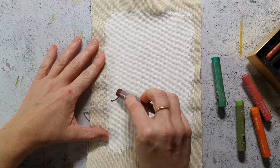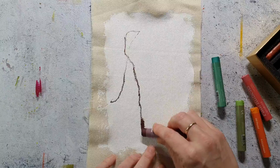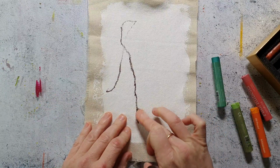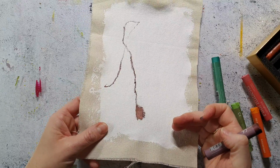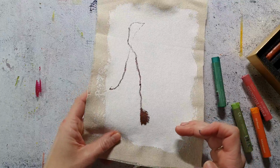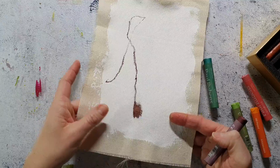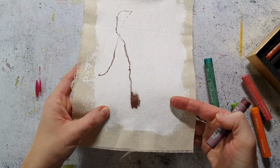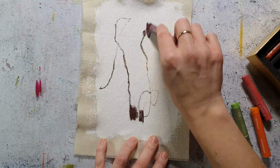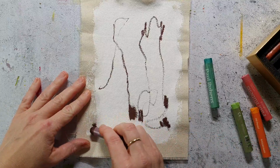I'm starting with the oil pastels, and you might know that oil pastels are waterproof. That means they will build a resist against any kind of watery medium, and I want to use that. Here you can see how shiny they are if you give them a little bit of a polish with your fingers. I want to use them with acrylic paints that I'm diluting with water, or with acrylic inks that I will also mix with a little bit of water,